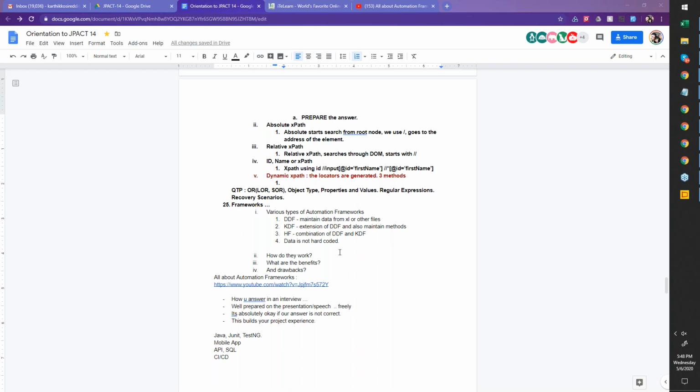So your answer won't be a definition ever for anything. It will be your overall knowledge summarized into a 30 seconds good response. And then you can get into, currently I've been working, or recently I've been working on XYZ framework. It could also be other tools that behave like a framework. It could be QTP or Robot Framework. I don't know how many other frameworks have the same capability out of the box.